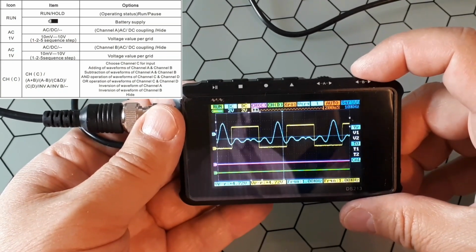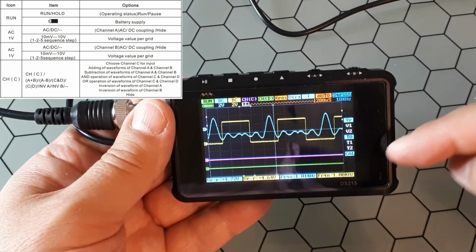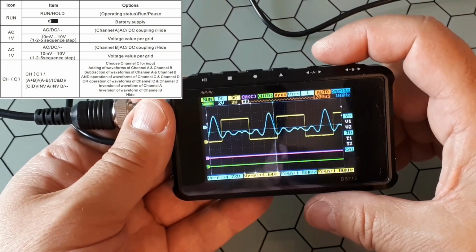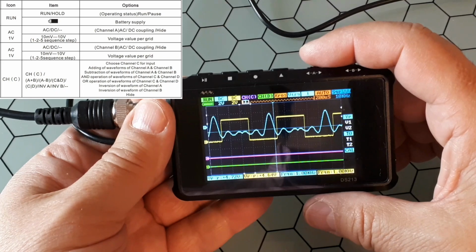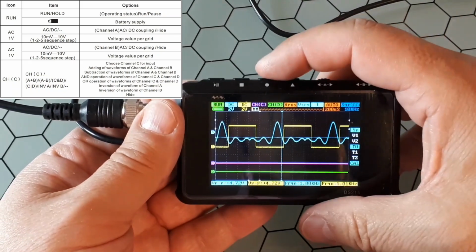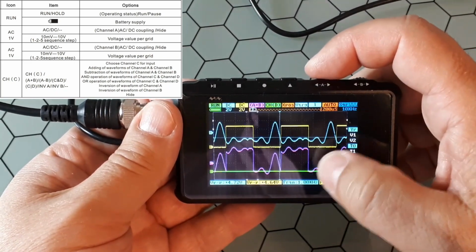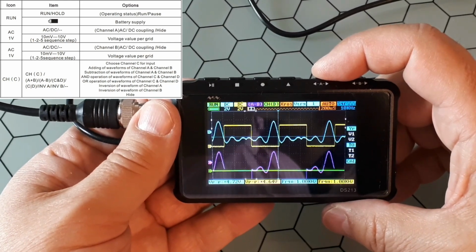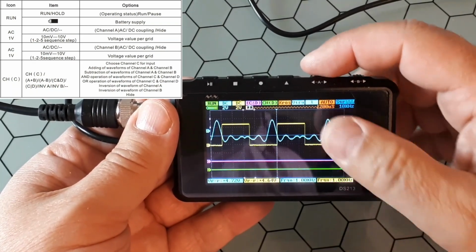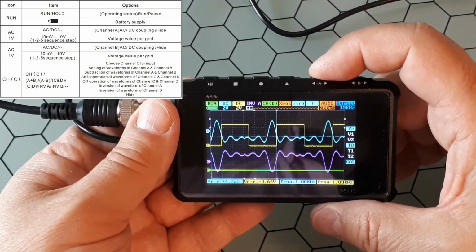Then what you could do is channel C. Channel C could do several things: just show what is going through channel C, or do calculations between channels A and B, or do Boolean operations between channel C and the inputs. So if you change this, you just get A plus B. You see, the purple one is A plus B, or A minus B. You could move these functions, we will see later how. C plus D, C and D are Boolean operations. There is nothing in C and D, so...